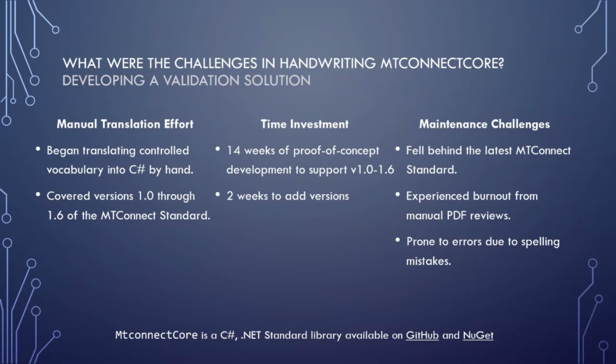We also noticed that, depending on what examples we had of implementations, there were gaps in some of the validation rules that we originally developed. So certain data items were just simply misspelled in the handwritten code, so I had to go back and fix the spelling mistake. Or maybe I missed when something was removed from the standard, so I had to go and manually add that into the code base. So ultimately, unfortunately, that library was prone to errors, and it still required a human spot check, if you will.